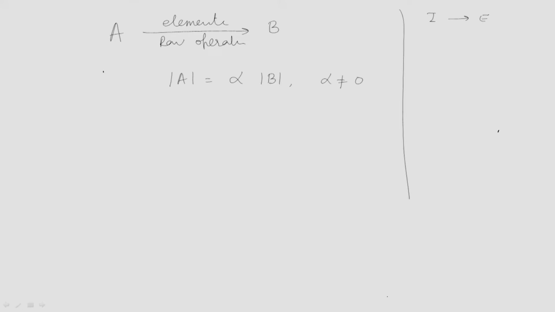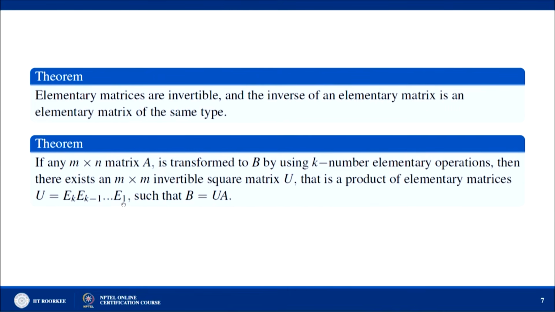So, elementary matrices are obtained from the identity matrix by applying elementary row operations. Since the identity matrix is invertible, it has determinant 1. So, elementary matrices are also invertible, because determinant of the identity matrix will be some alpha times determinant of E, where alpha is not equal to 0 and this is 1. So, this implies determinant of E is not equal to 0. Okay. So, elementary matrices are always invertible. And then their product is also invertible, because a product of invertible matrices is also invertible.